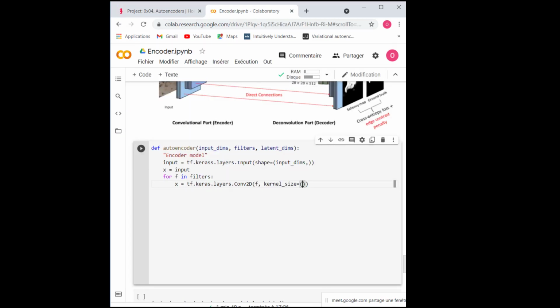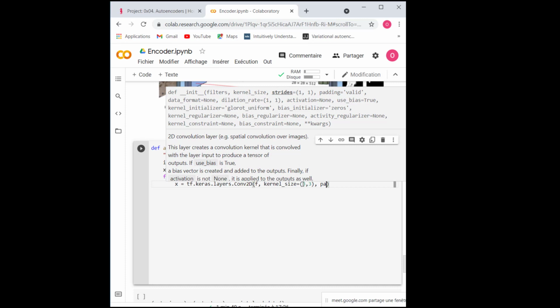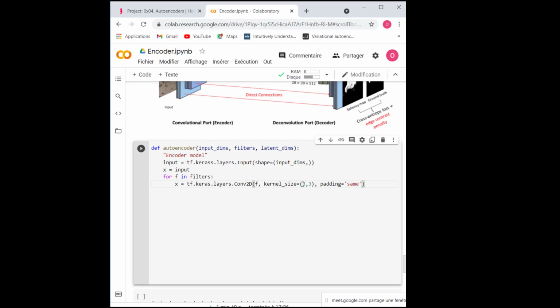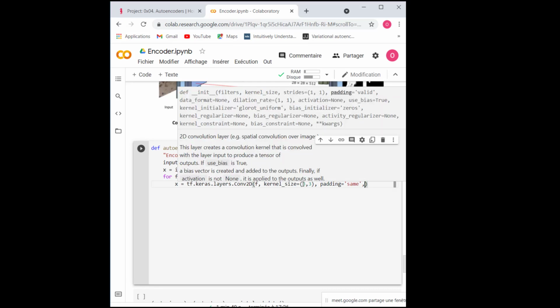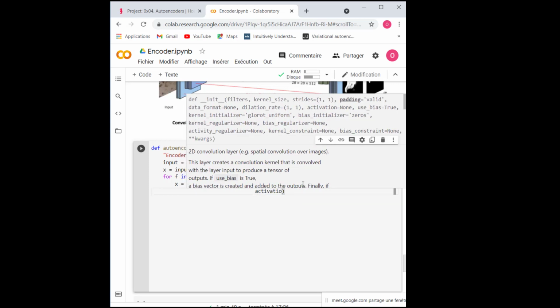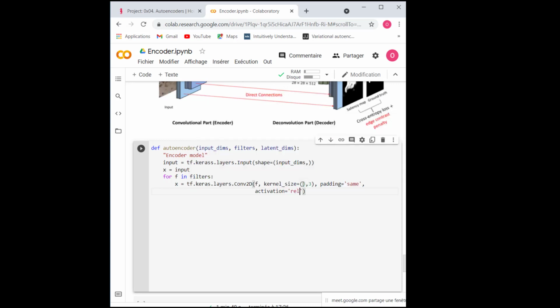So my kernel size will be 3 by 3, my padding will be same, my activation will be the ReLU activation function. This one will take my input, my X. So this is for the convolution layer.